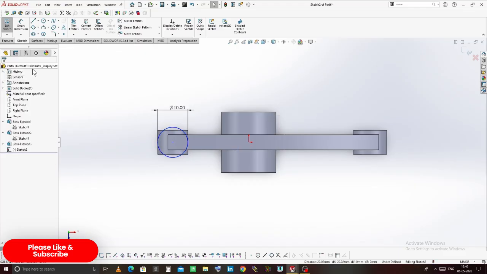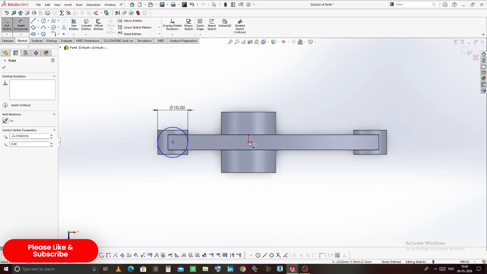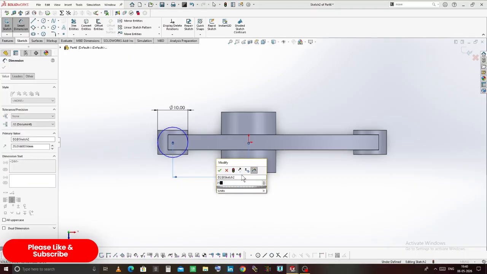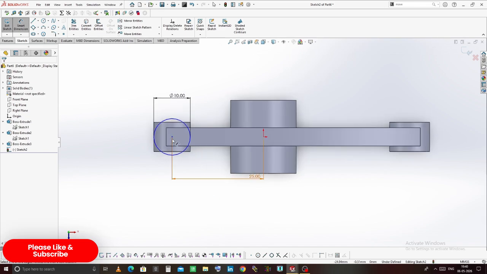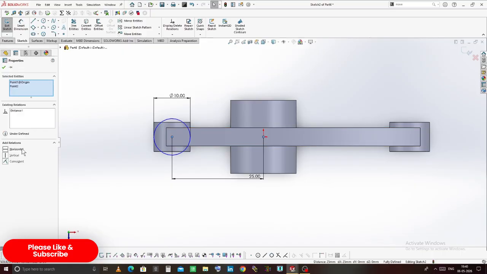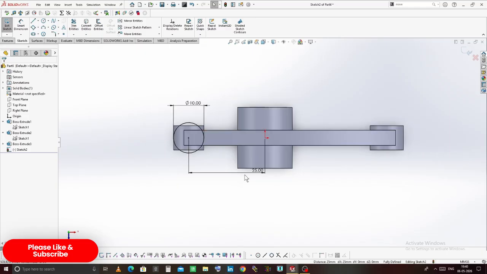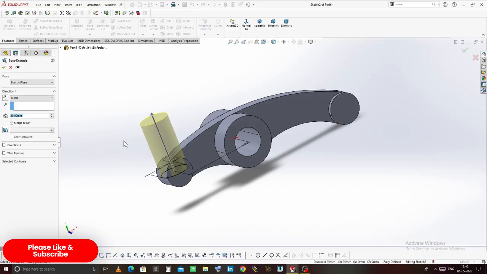It is already horizontal, I think, so we only need to give a dimension. No, we need to give one relation here because the sketch is not fully defined. So this point and origin we need to make horizontal. Now it is fully defined. Now go to feature and extrude it in another direction, and we will